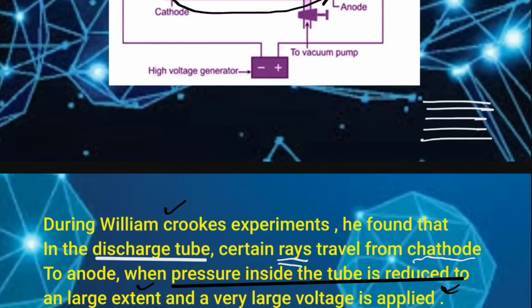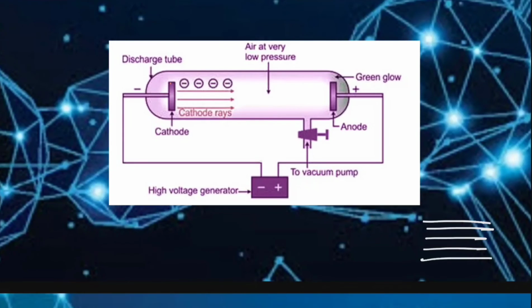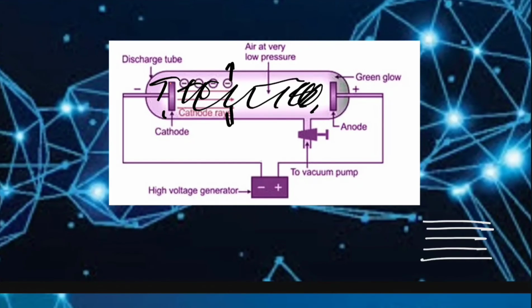So what is the pressure inside the tube? We need to understand that. Inside this tube there are air molecules, and air is filled inside. This air exerts a pressure on the walls of the container. We know that because we have studied atmospheric pressure, gas pressure and fluid pressure in 8th class in the lesson on force and pressure. So this air will exert some pressure on the walls.